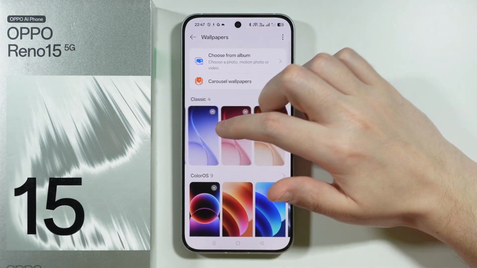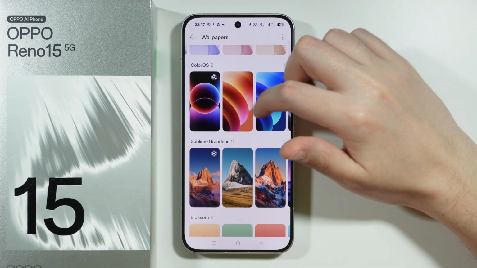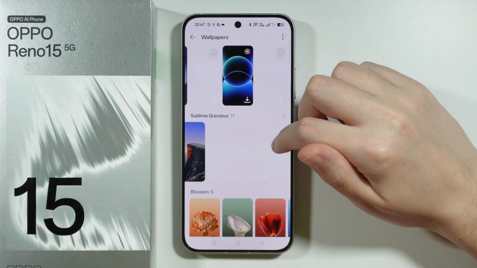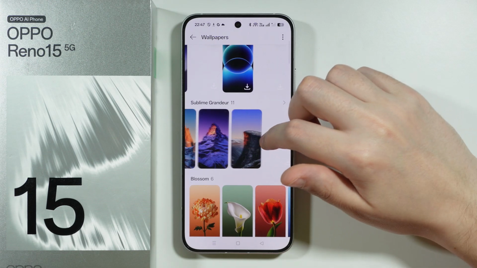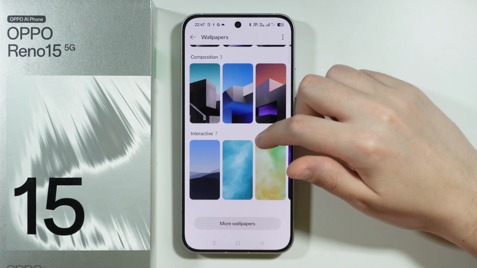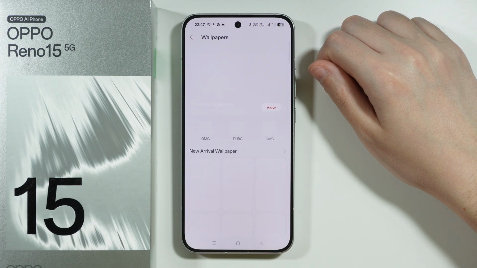the wallpaper. Now over here we can simply use any of these wallpapers that you wish to use. We have many different examples to choose from. Like for example over here we also have different landscapes and so on and so forth. So you can try to find your favorite one. You can also tap on more wallpapers here at the bottom of the screen in order to open the theme